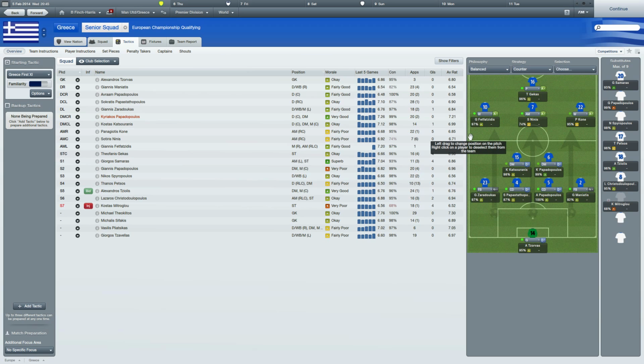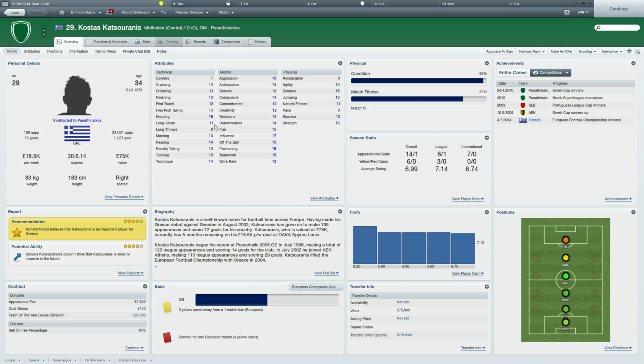I'm not sure if I put him as my playmaker or not, but that's completely up to you. I tend not to play with a specific playmaker, but I may well have one on this occasion. I've set two defensive midfielders in a defend mode. Castellanos? I'm not sure. But yeah, he's a good